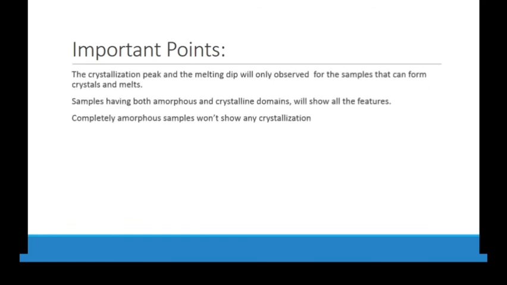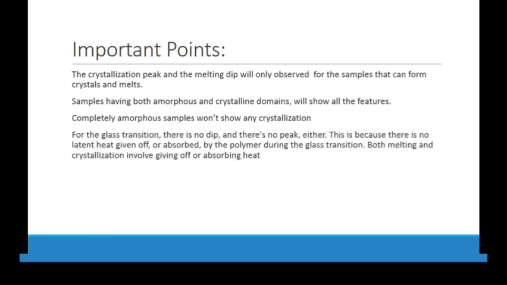So what are the important points you have to remember? The crystallization peak and the melting dip will only be observed for a sample that can form crystals and melt. You have to remember this thing. Samples having both amorphous and crystalline domains will show all the features. A completely amorphous sample would not show any crystallization. For the glass transition, there is no dip and there is no peak either. This is because there is no latent heat given off or absorbed by the